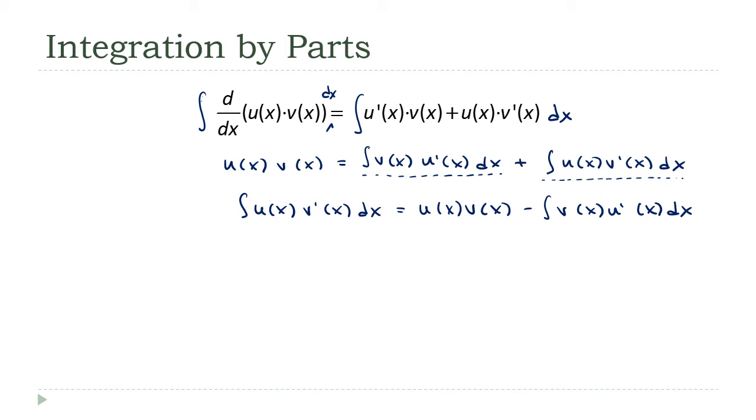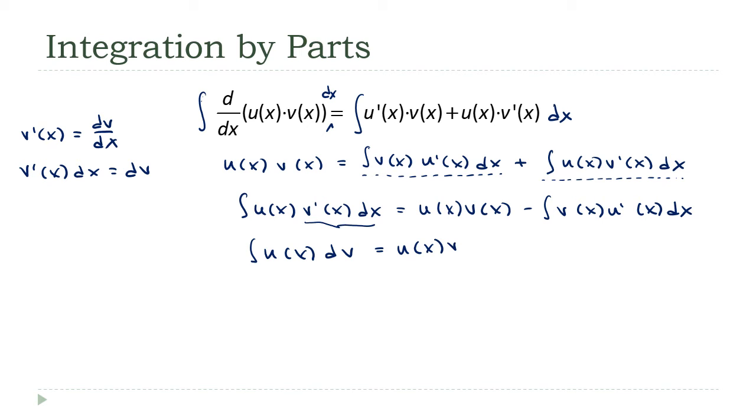Now, fundamentally, that's it, but we can clean this up some. Take a look at this part here first. v prime of x is dv dx. So if I multiply both sides of this by dx, we get v prime of x dx equals dv. All right, so let's substitute that into here. This is the integral of u of x dv